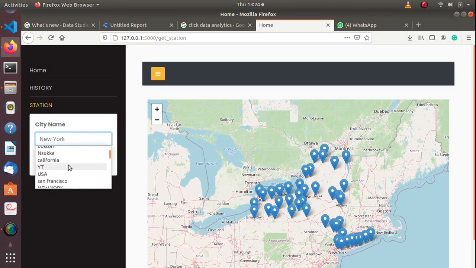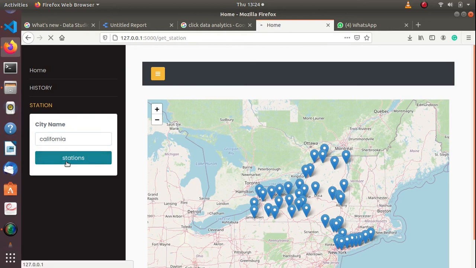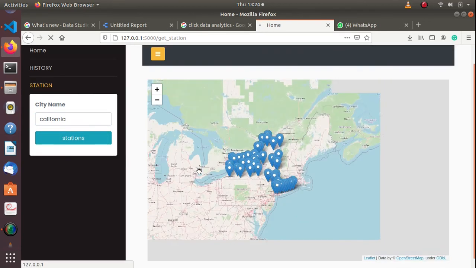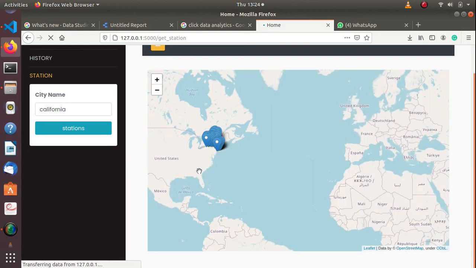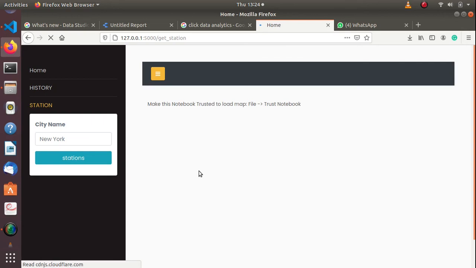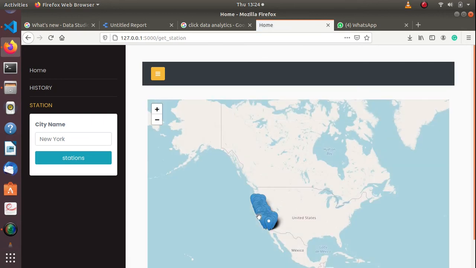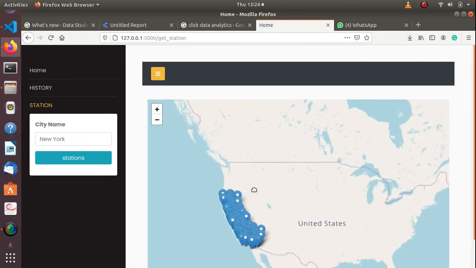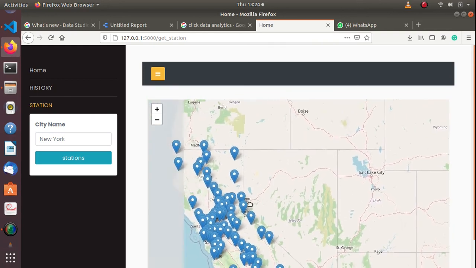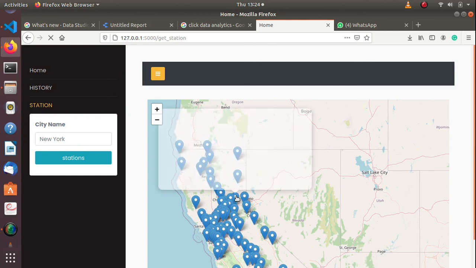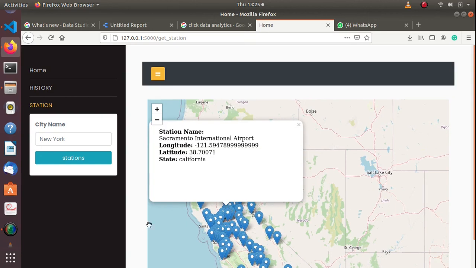Let's take for example California. I believe you are going to see the weather stations that are located within California. Hold on, look at it. We now have all the weather stations that are providing all the weather data that we need in the California area. The reason why I'm rushing it is that I want to make the video short. This is just a demonstration of the software that I developed during the lockdown.